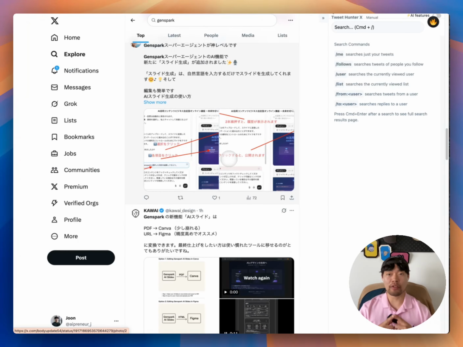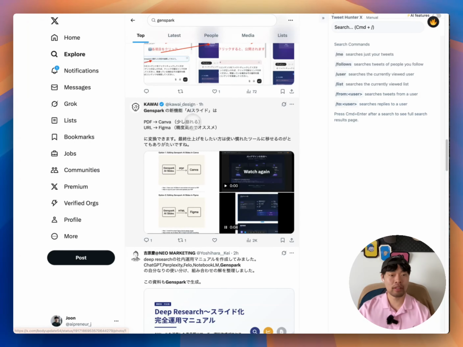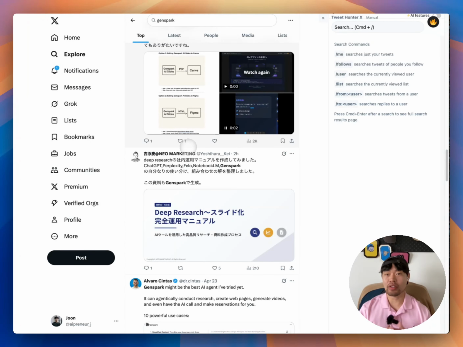Today, I want to talk about Genspark Agent. Most people talk about how cool AI slides are if you look through X. Yeah, this is only the tip of the iceberg. I want to share what I use for delegating and saving a ton of time running my own business